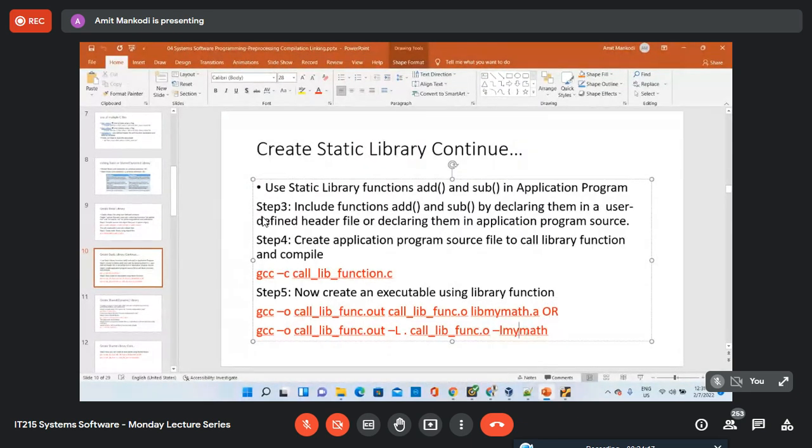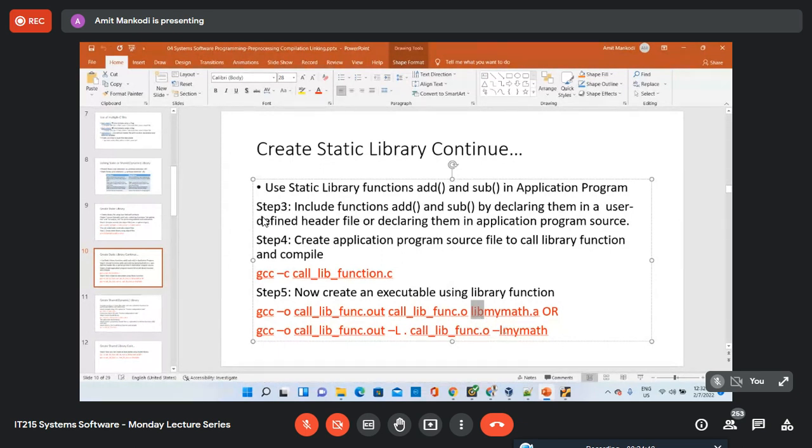it could be the .so file or .a file, then you can just use a minus lowercase l. The lowercase l switch basically says, give me the name of the library, which in our case is my math, because lib is the prefix. As I mentioned, lib is always used as a prefix. So when you provide my math, this minus l switch will prepend the lib word to my math.